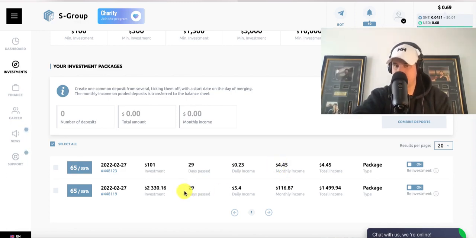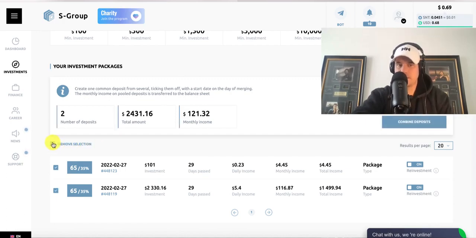Okay, this investment here, it's been 29 days. It's made $116. Okay, so this one is safe. It'll get compounded and make its own investment basically, is what it's going to do if I was just to leave it and let this thing hit day number 30. Okay, so this is what I want to do to stay safe, is I want to select all,